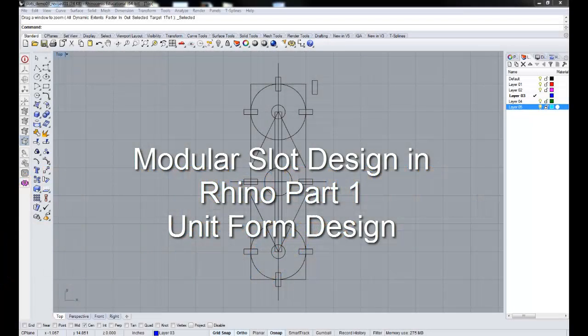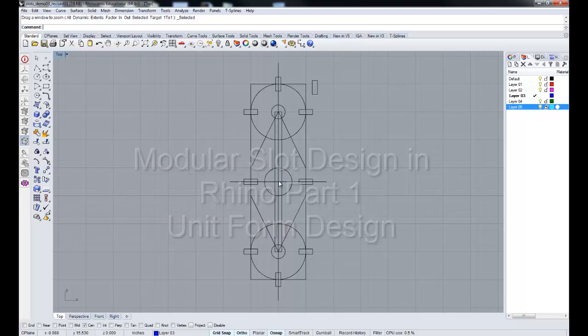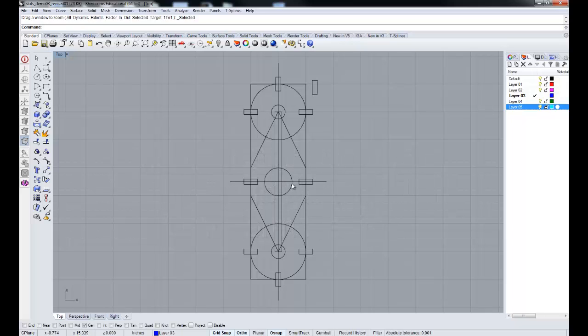Okay, in the first part of the video, we're going to go over how to design the unit form. And you'll note that I have created a reference box for my object. Hopefully, in this part of the video, I'm going to show you how to go about creating your unit form. There are a lot of different ways that you can do this, but basically, you're going to work with